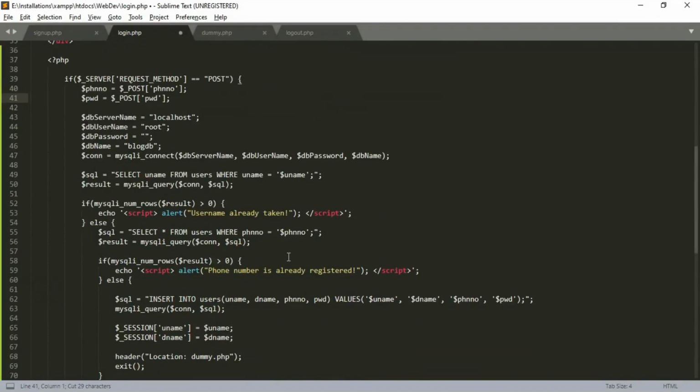So, while logging in, we need to check if the phone number exists in the table. If it doesn't exist, we send an alert saying that the number is not found. We can do it now.